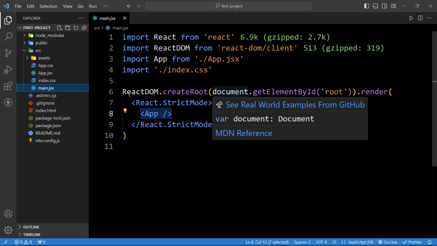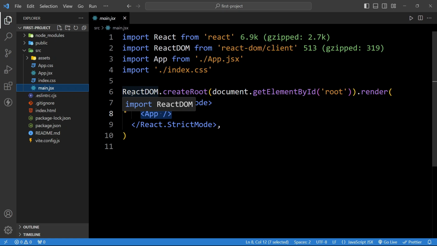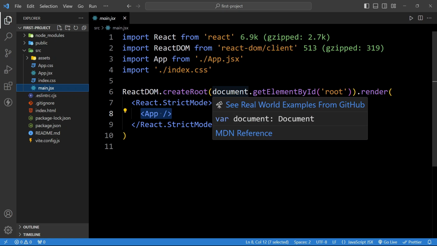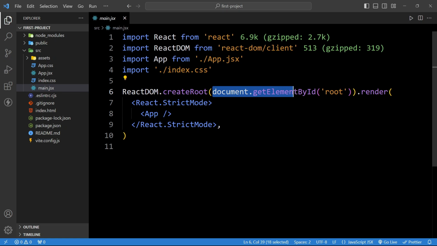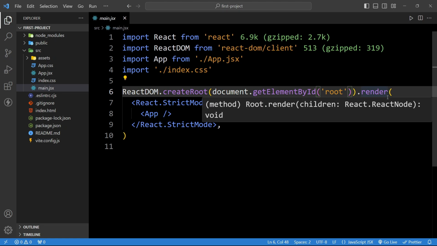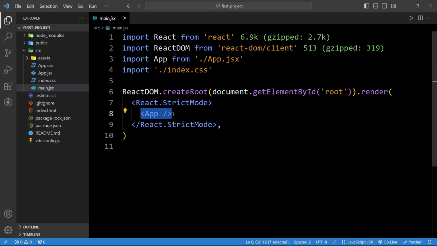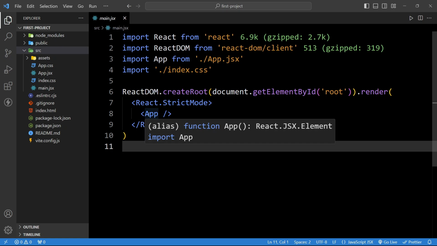Here we have ReactDOM, which works with the virtual DOM. It is creating a root where we have document.getElementById and the ID is root. In this root we are rendering our components. So here we have the App component. If I come to the App.jsx file,